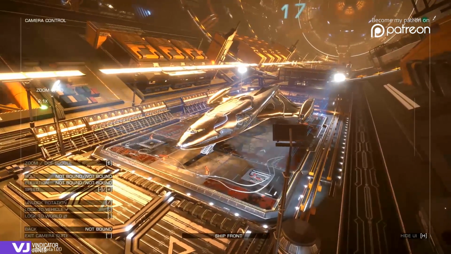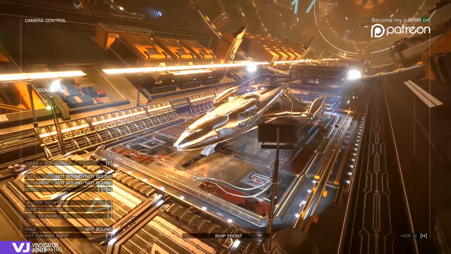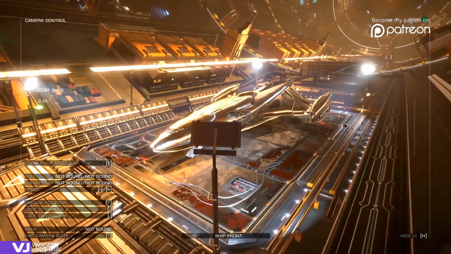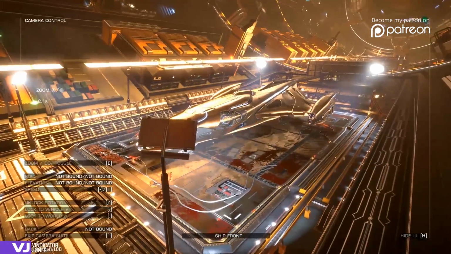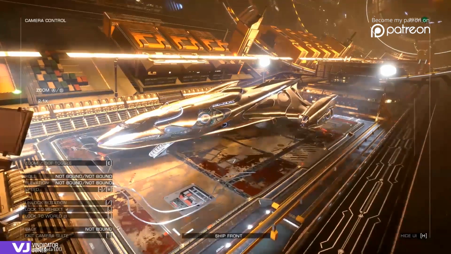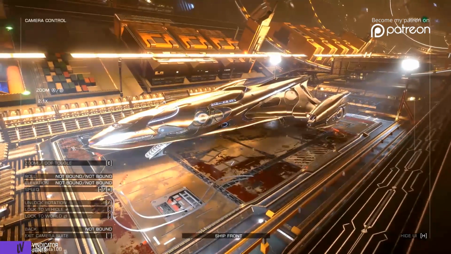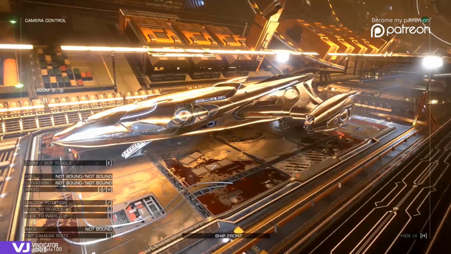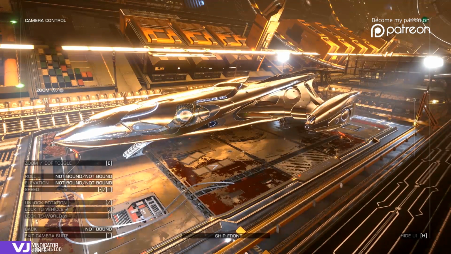So I'm using the twist of my rudder to maintain the camera's position, and I'm moving to the left using the analog twist controller on my throttle. And I'm also slowly moving in towards the target using the throttle. So you get some nice pans happening like that. But you can also,